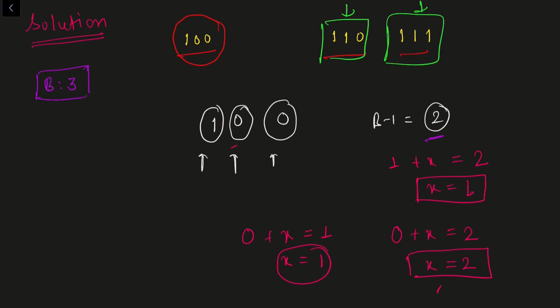Now again, I'll try to maximize my last digit. In order to maximize it, the best I can do is I'll try to make it 2 first. In order to make it 2, I'll try to find the number which has its last digit as 2, right? Now if I look at my candidates, these two, I don't have any of those values. So I cannot make 2. Now I'll try to make 1. Now again, I'll check which one of these has 1. So I'll see that my last candidate has 1, right? That means this guy can actually maximize my sum while I'm talking about this 100 value.